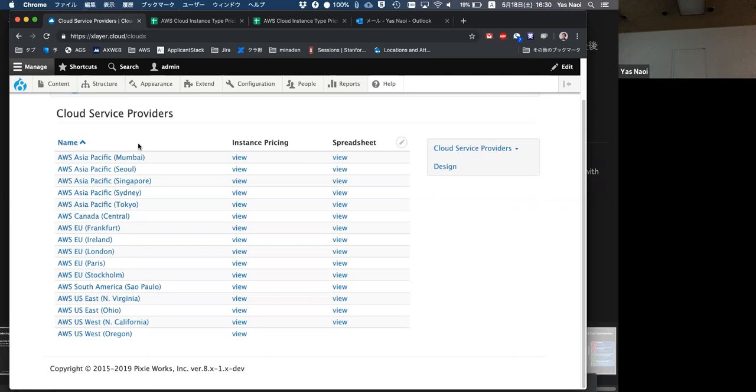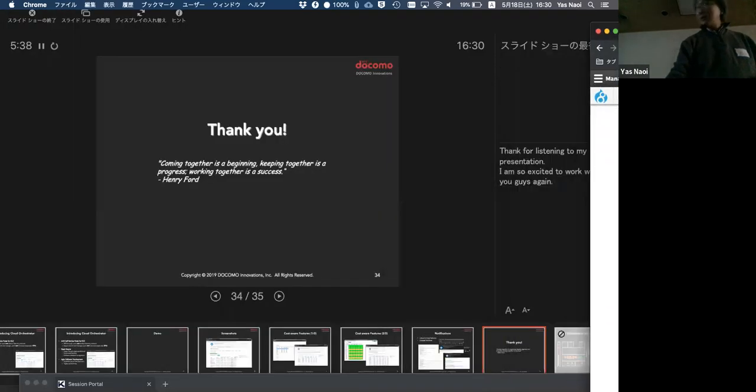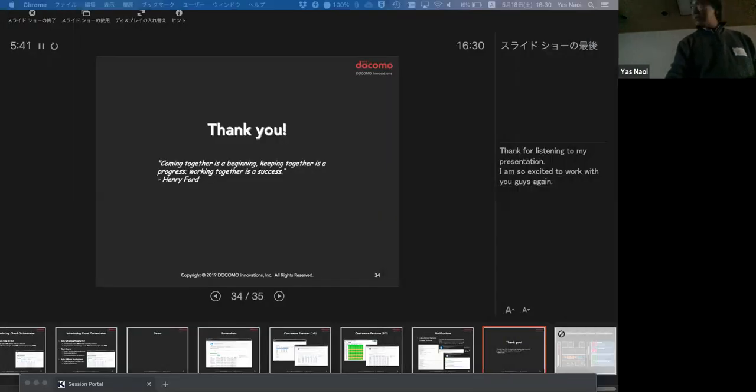So through Cloud Orchestrator, I guess we can provide that. Here, for example, if I click the design and the template.